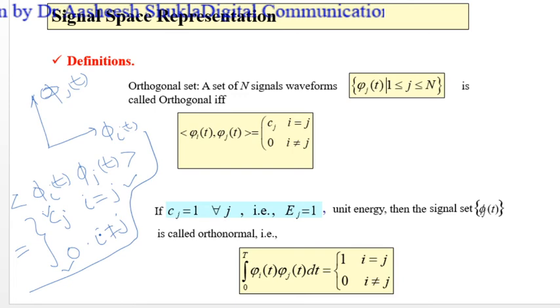And more specifically, if this Cj, the energy of the vector phi i(t), is equal to 1, which means the signal is of unit energy, then this orthogonality can be named orthonormality, right? So see, both these things are clearly written here. If the inner product of phi i(t) and phi j(t) is equal to Cj when i is equal